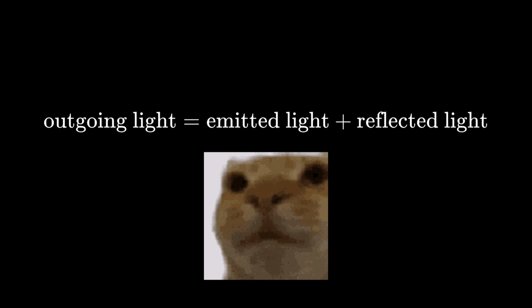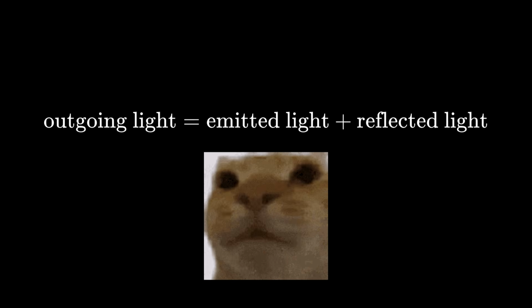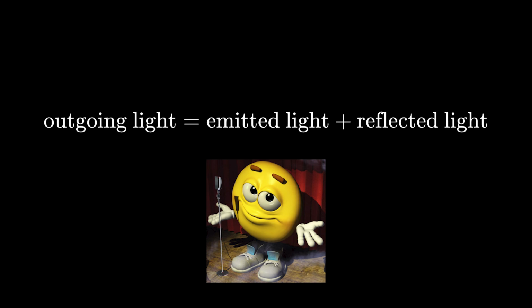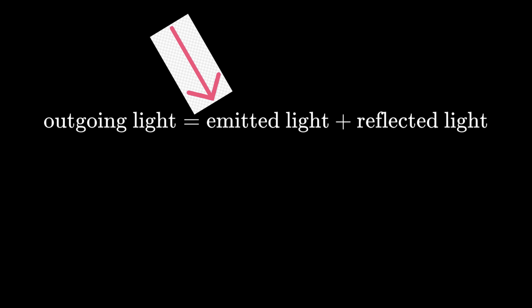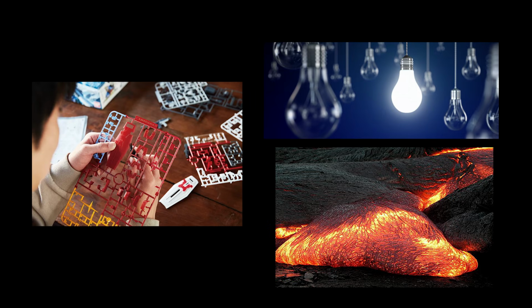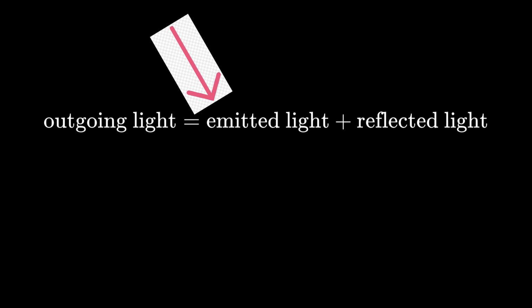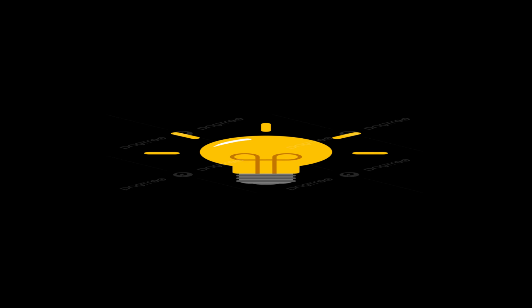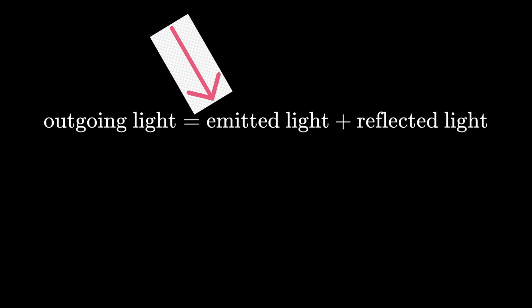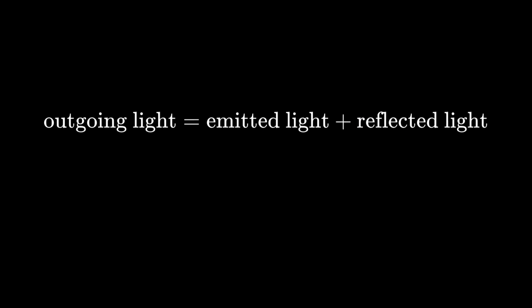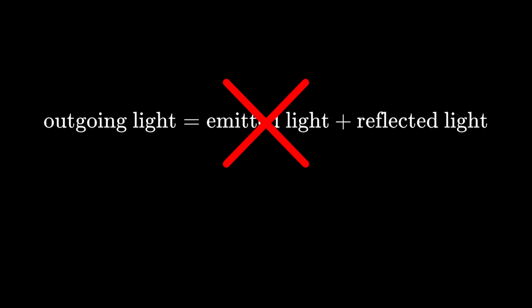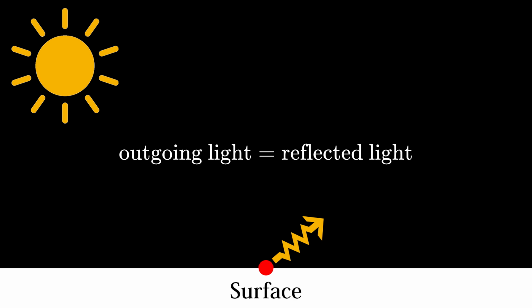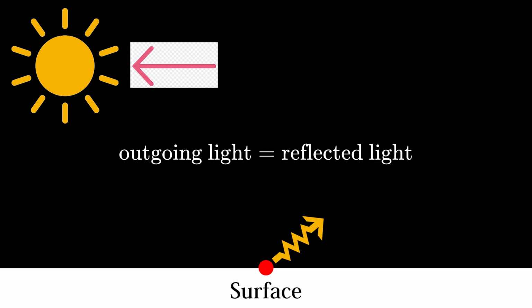Okay, you're right. Maybe the equation is a little too simple, but it communicates the fundamental idea. The part we mostly care about is the reflected light portion, because emissive light is usually just an additive constant when we want to model something like a light bulb or anything else that produces light. If we wanted to make that fancier, like have an emitter that is anisotropic or strobes, then we would make modifications to that portion of the equation, but otherwise, we can kind of just ignore it, since most surfaces are not emissive anyways. Without emission, the equation reduces to just the outgoing light being equal to the reflected incoming light,